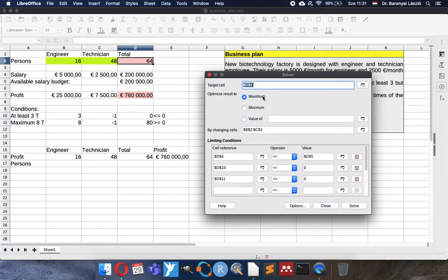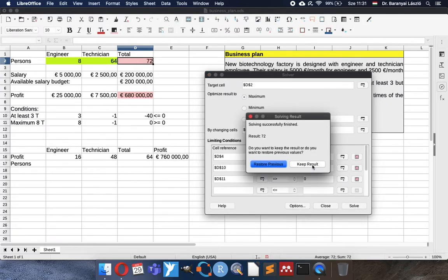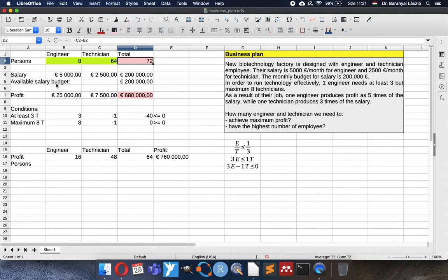And here you can see that we are going to reach the maximum by changing the number of engineers and technicians, and all the rest is the same. The only difference is the target cell. From profit we change to the total number of persons. And when we solve it and keep the result, you can see a different solution. I copy it down to be able to compare, and this as well,